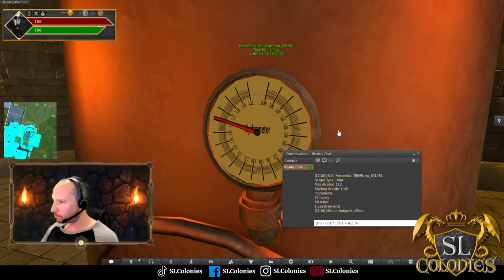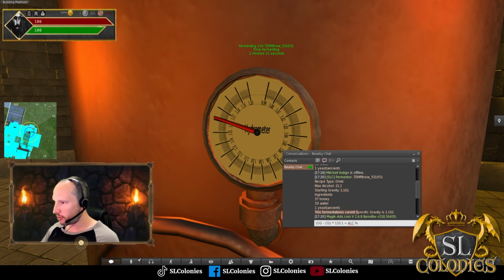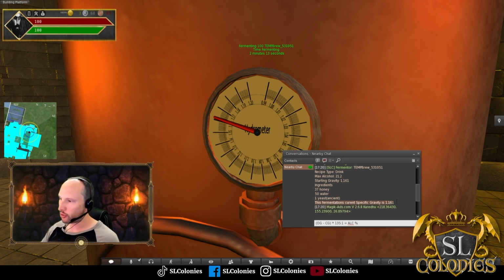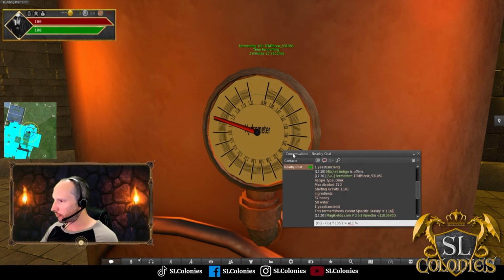But the other way to do it is you can actually, anytime through the process, so it's been going for almost 2 minutes now, left click it and you can hit test. And it will tell you that my max is still 21.2, my starting gravity was 1.161, but this fermentation's current specific gravity is also 1.161, and the reason it's still 1.161 is because it's only been going for 2 minutes. You really want to leave your fermentation going for a few days. Every day your specific gravity will drop, and it will also tell you your alcohol content